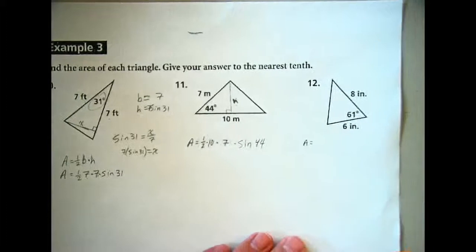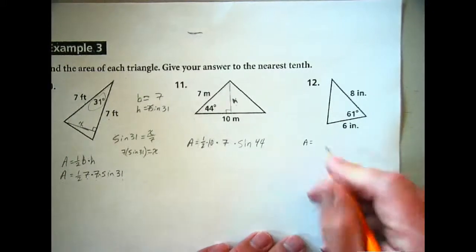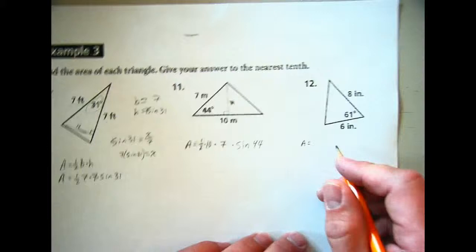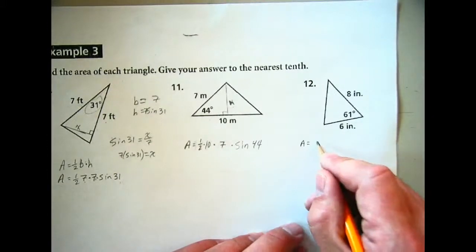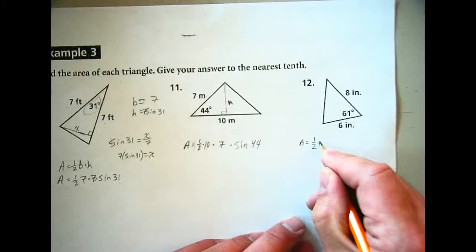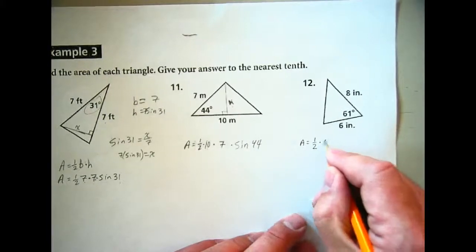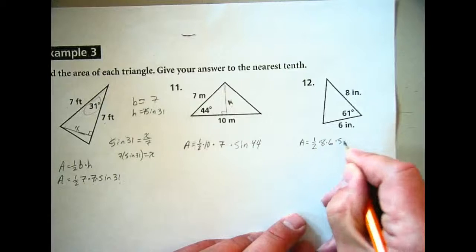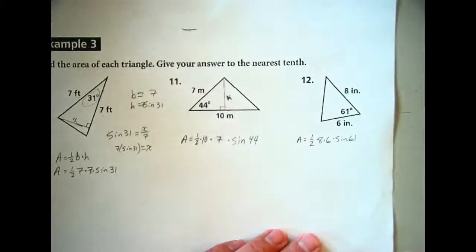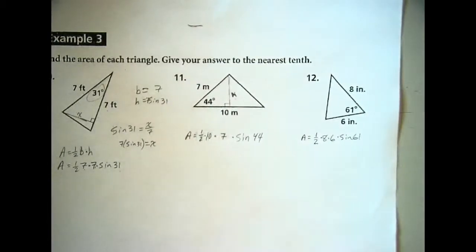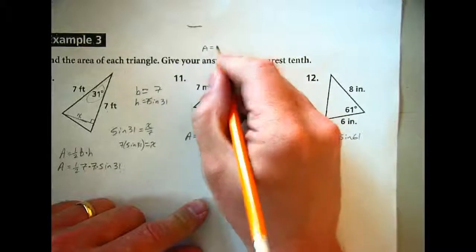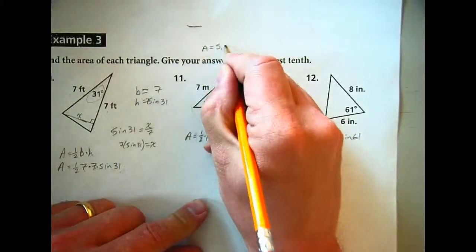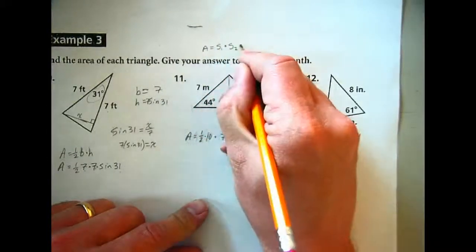Emily, what do you think? Would it be A equals 1/2 times 8 times 6 times sine 61? Is that right? How many got that? That is right. Good job. The formula you're using here is area equals side 1 times side 2 times the